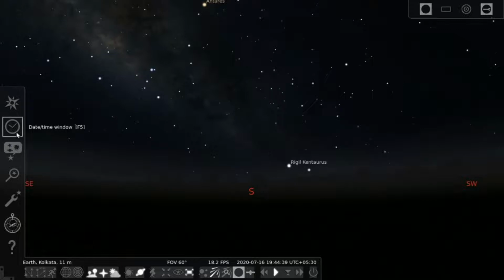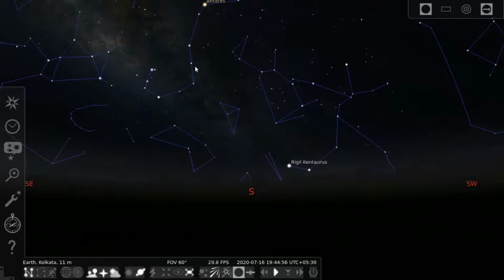Several constellations are there, Leo, Orion, Scorpion, etc. So we can view the constellation line by using three main tools. Down in the bottom toolbar we can see three main tools. Click on the first tool, constellation lines. So we can see the line diagram of several constellation.